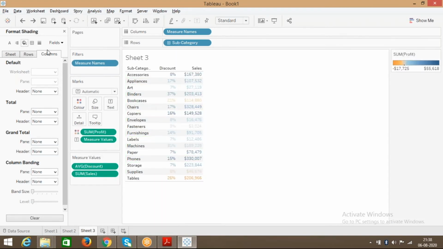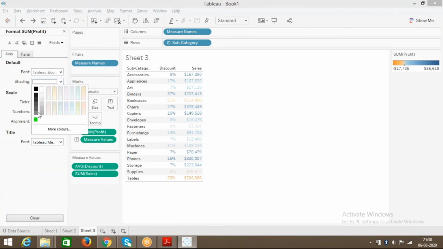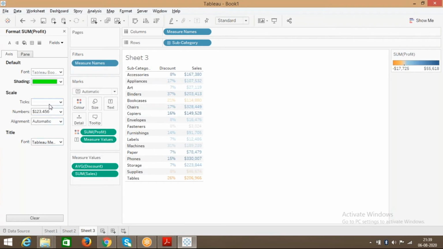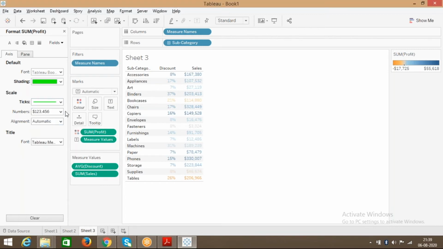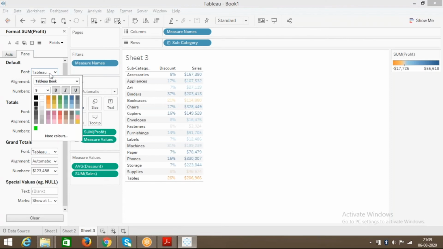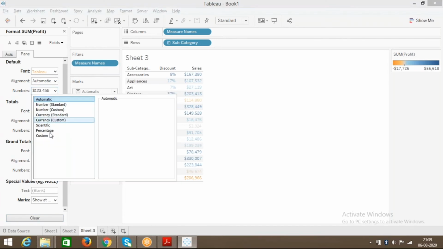Okay, so here I have it. Go select this, say not sales, maybe profit, and you can change this one to this one. Shading, text or something like this. Then on the pane font, this is something like I'm making some changes.